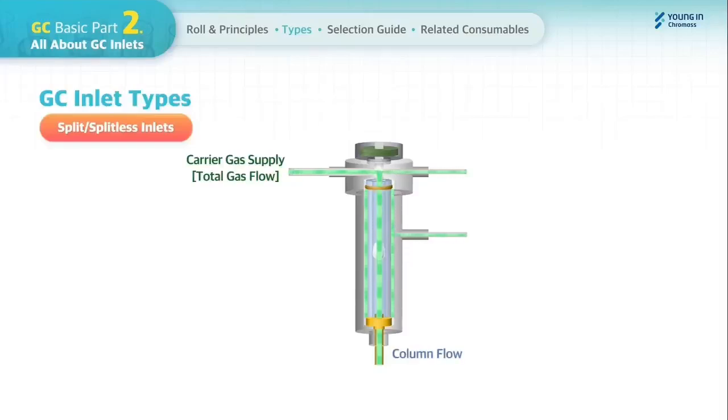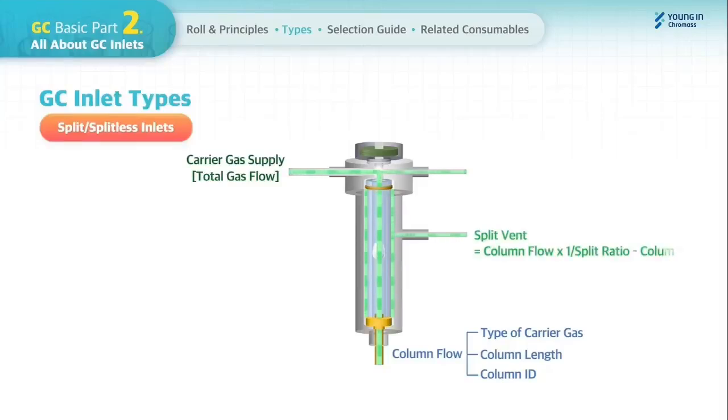The column flow is considered depending on the type of carrier gas, column length, and column ID. Split vent flow is calculated from column flow and split ratio. The split ratio varies depending on the sample concentration and the column ID. The septum purge is to sweep the septum scraps to remove potential contaminants and is usually set as 3 milliliters